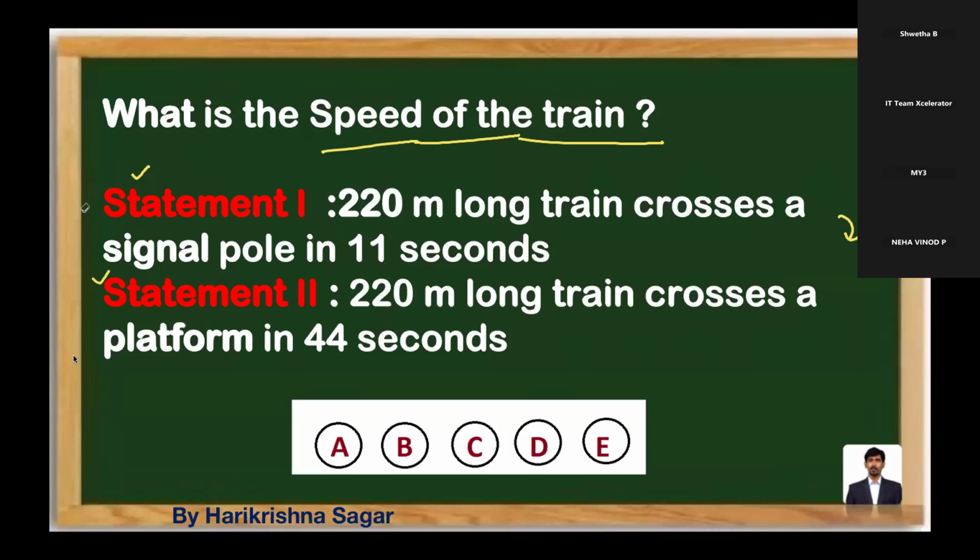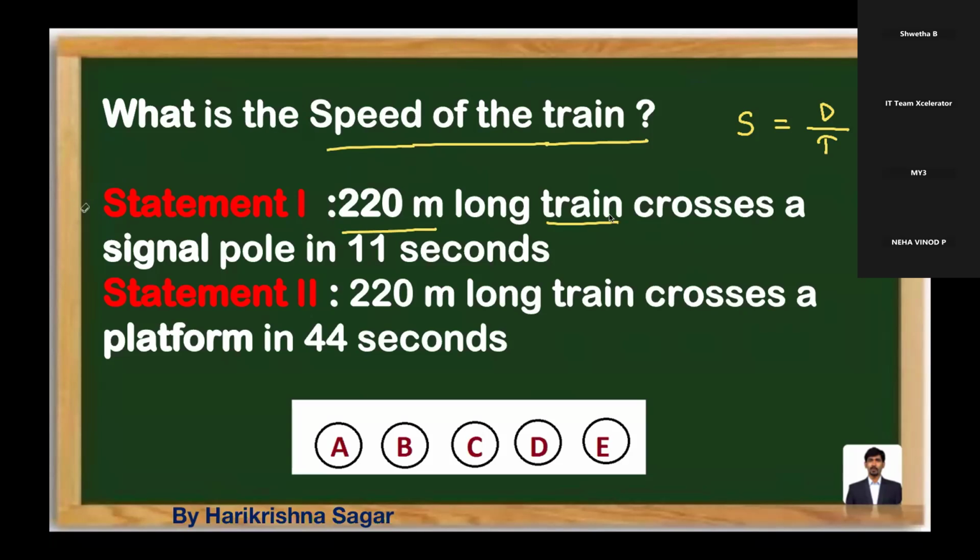So now, if you look here, they are asking what is the speed of the train. Can anyone tell me what is the speed formula? Distance traveled in a specific duration of time. So to get the speed of the train, what is required for us? This is important. This is what I'm expecting from your end. So to get the speed, I need distance, I need time. So which option is giving that? Let's focus. It's a basic concept from train problems.